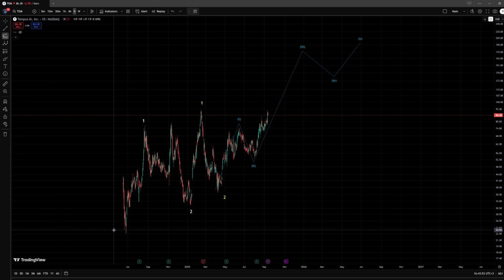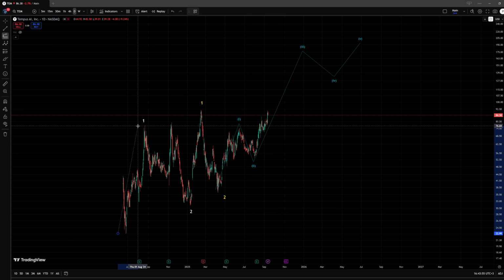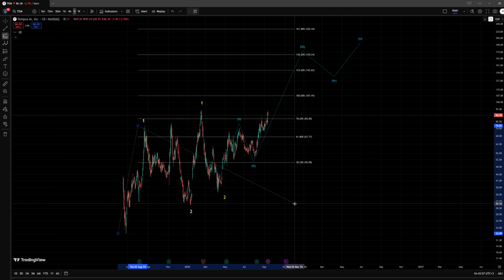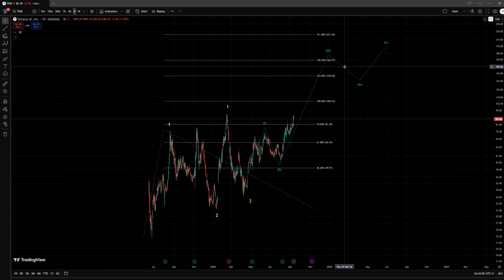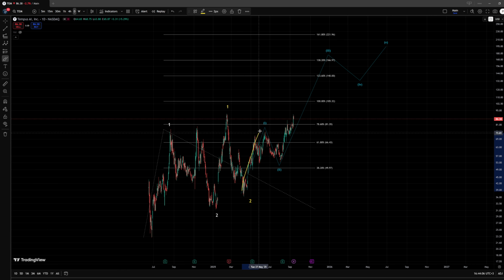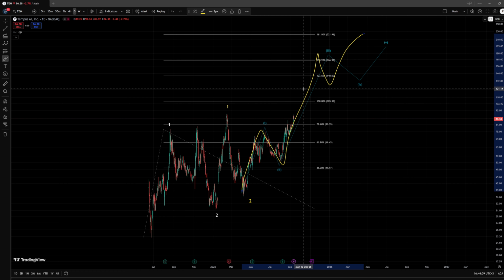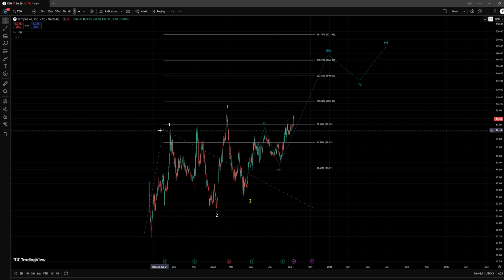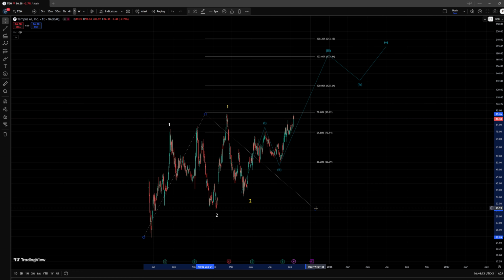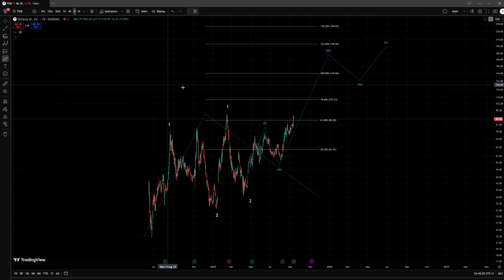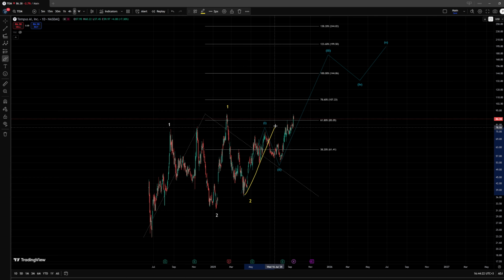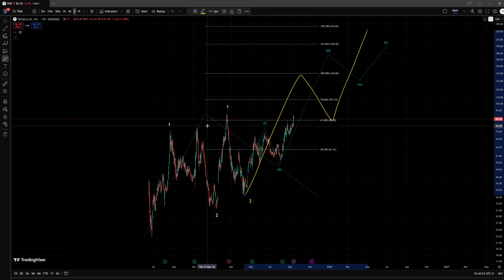Now, here we have different targets for the overall third wave, the large third wave. Within the white scenario, that would be at around $167, where we would really only need a 5-wave move to develop to fulfill this pattern. And in the yellow scenario, we would instead be looking at the $244 level for the ideal target for the third wave, and in this scenario we would be looking to form an ABC pattern to actually fulfill the